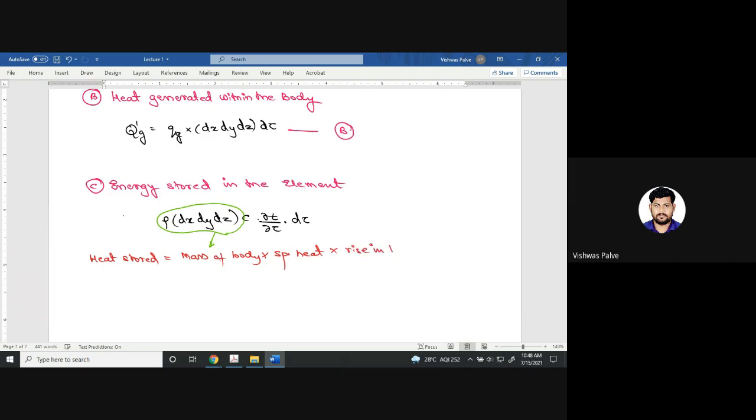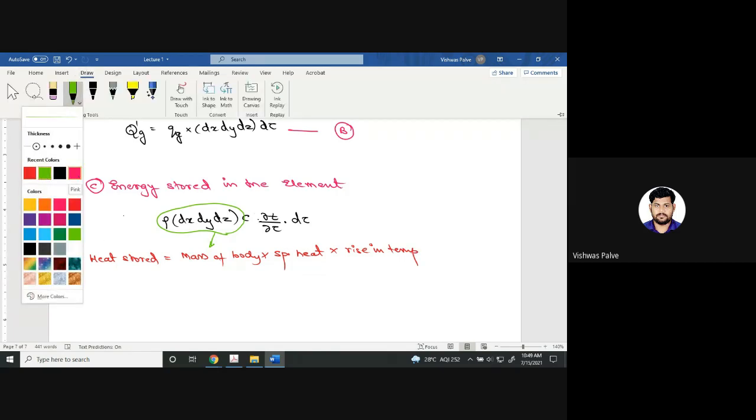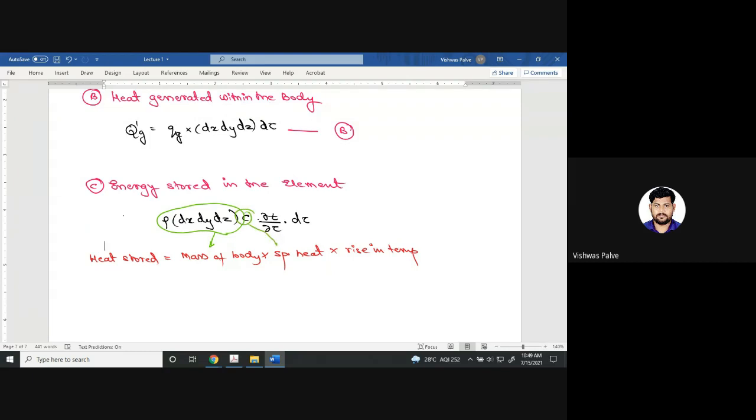Okay, so that we can show it in the equation. So this is the specific heat, and this term is nothing but rise in the temperature. Okay, so this is the total energy